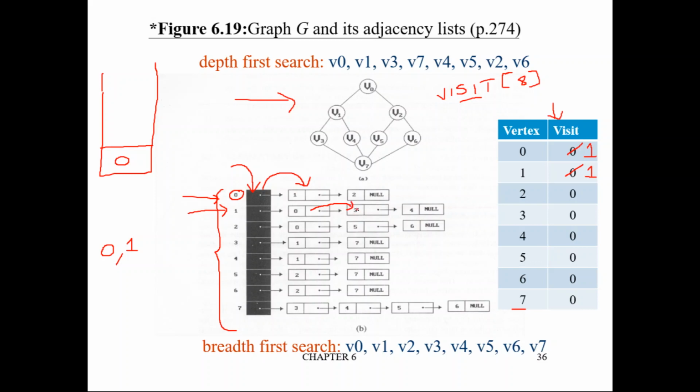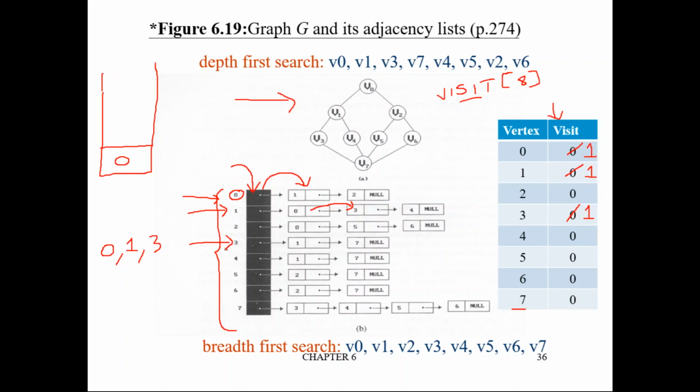What is this node? 3. Is 3 visited or not? No. So when it is not visited, you have to be careful. When it is not visited, visit it. So after 1, we visit 3, and then we make 3 as 1 in the visit array. Now what should we do? We should jump to 3, because this is the first time we are visiting 3. Whenever you are visiting a node or a vertex for the first time, other than vertex 0, you should visit it and jump to that particular vertex in the adjacency list. So we should jump to vertex 3.